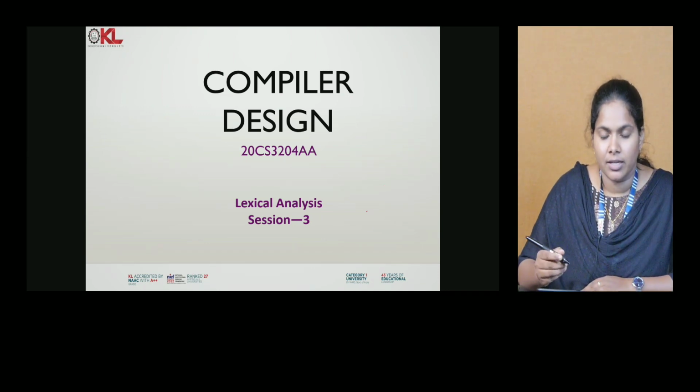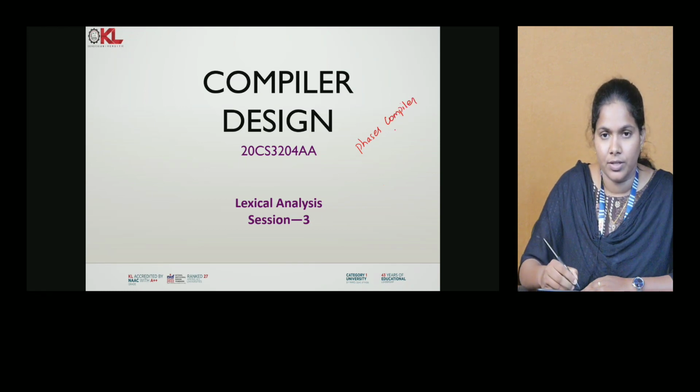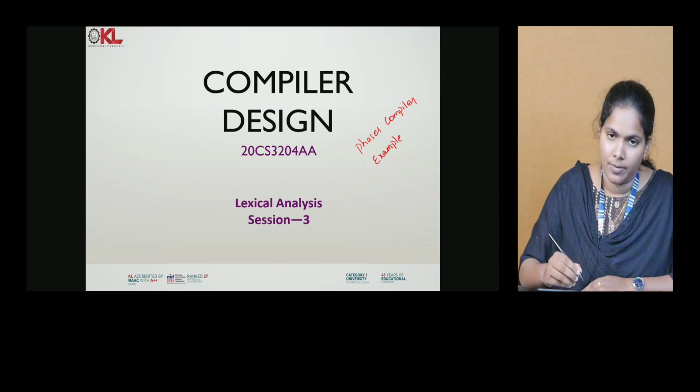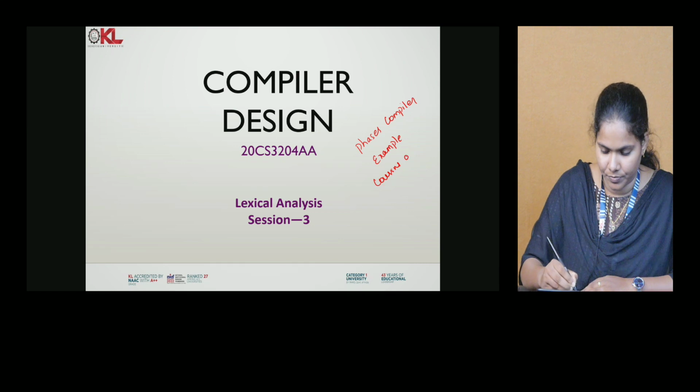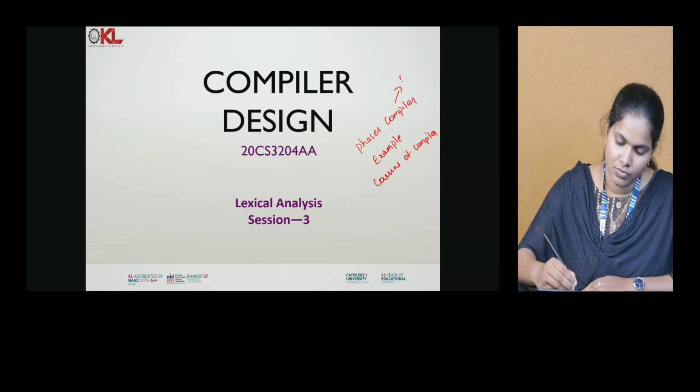In the previous class, we discussed the different phases of the compiler. For each phase, we took one example of how the phase works, right? And we have seen the cousins of the compiler. So the different phases, the six phases, are there: